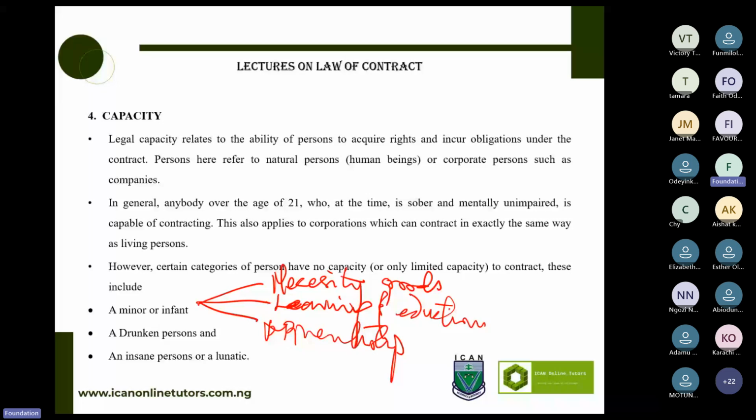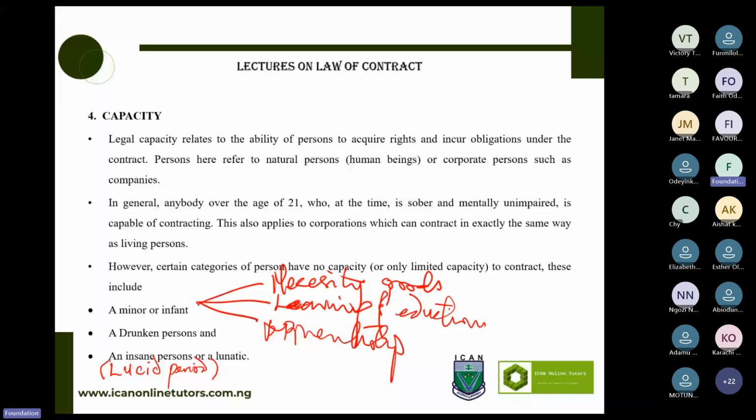Now, for a lunatic, they don't have that kind of question again. It's more technical, kind of undergraduate, for people that do business from school. So for ICAN, you are not going there. There's what we call the lucid period or lucid time. You see this time, we've watched it so much in movies. A madman will be okay.